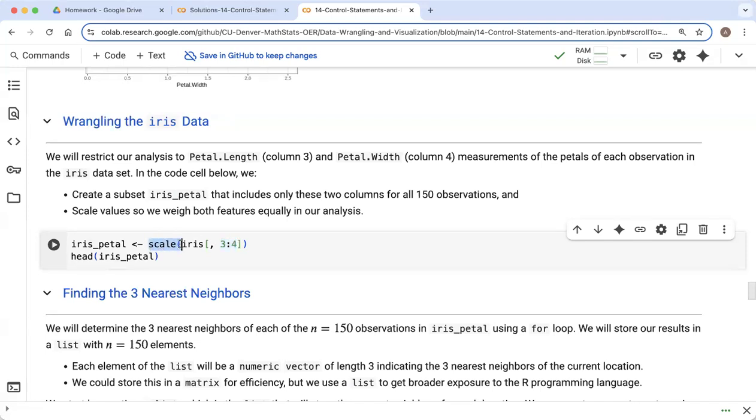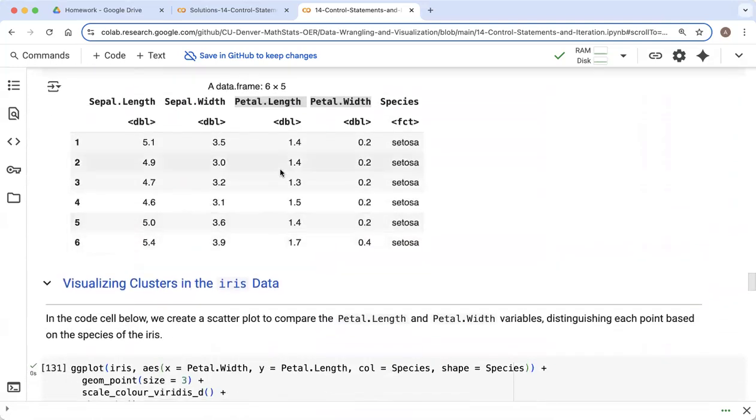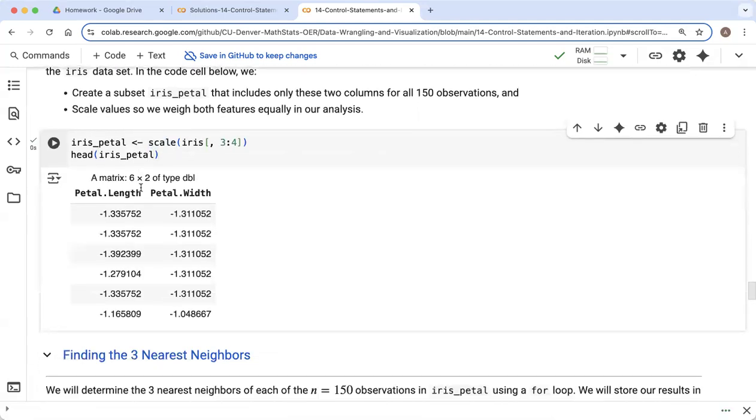And we're also going to rescale our values. And the reason why I'm rescaling these values is because the petal length overall is a bigger value than the petal widths are. And sometimes when you have different features in your model that are on different scales, it might put more emphasis, let's say, on the petal length than it does on the petal width. And if I want to weigh these two features evenly, then I want to rescale their values so they're on similar scales. So that's what this scaling function does. And if you want to take a look at what comes out of it,